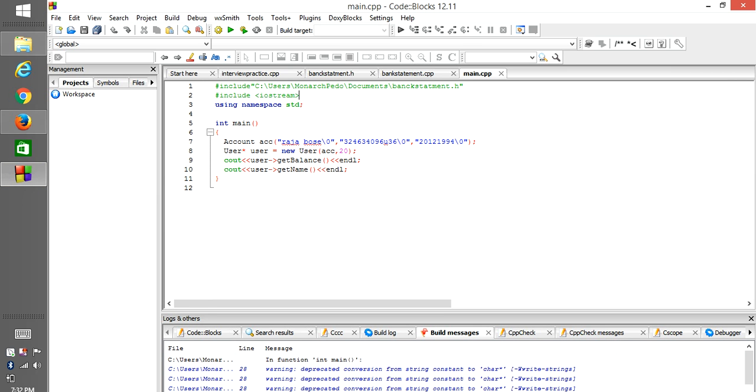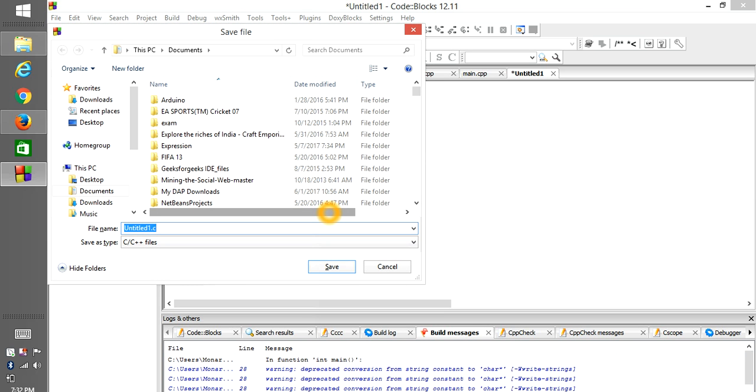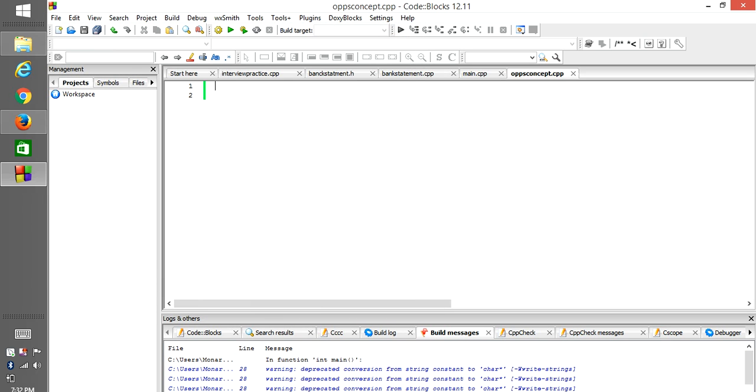Now just open your Code::Blocks and type Control C plus. Open a new file, save this file and give the name of the file. Here I check: OOPS concept. Now it's a file. I just created a file oops concept.cpp. Now what I want to do is just